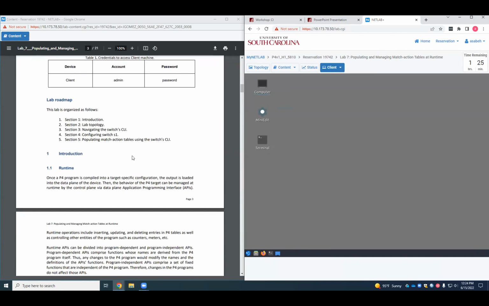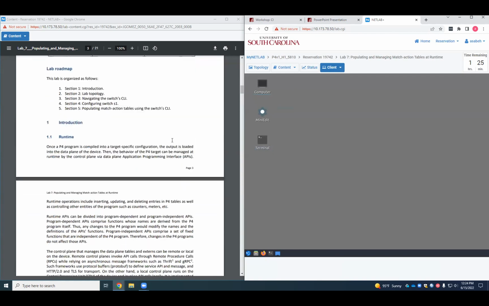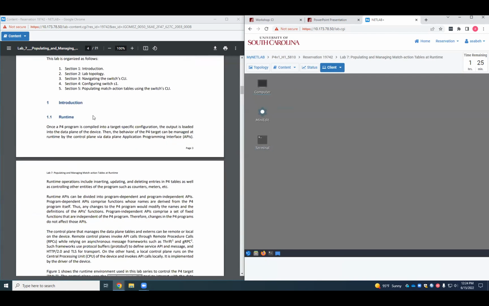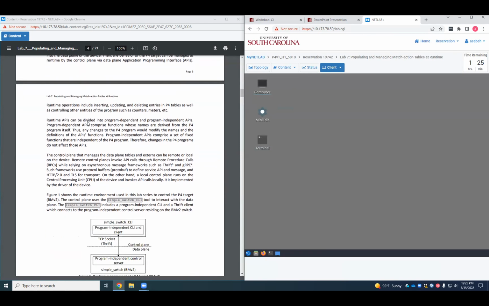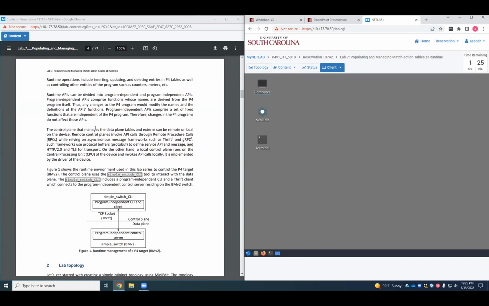Okay. So hopefully everyone made the reservation. Here on the left side, I'm showing the content of the lab, where every lab has the same format, where in section number 1, we provide the introduction about the lab that we're doing. So in this lab, we're talking about P4 runtime, which Dr. Jorge was talking about earlier. And basically, in this lab, we're gonna be working from the control plane side, which